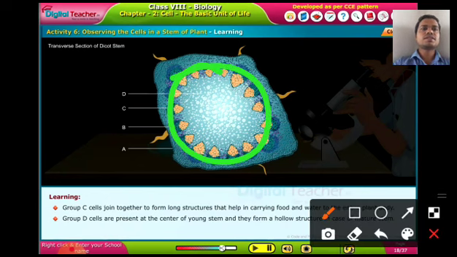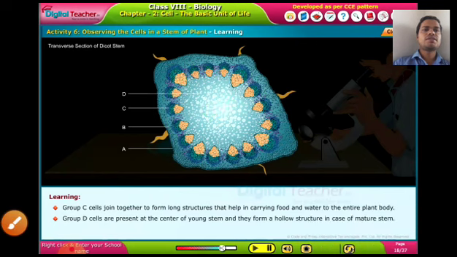This ring-like structure is just like blood vessels in our body. What are the blood pipes doing? These blood vessels are sending the blood. Here the plant is also sending the water and food through these special cells. Now what is the use of these center cells? These center cells will store the food and also water. Okay, I hope everyone has understood this, right?